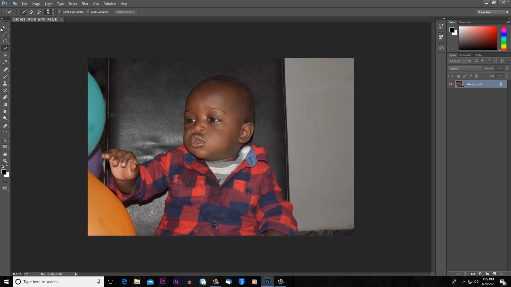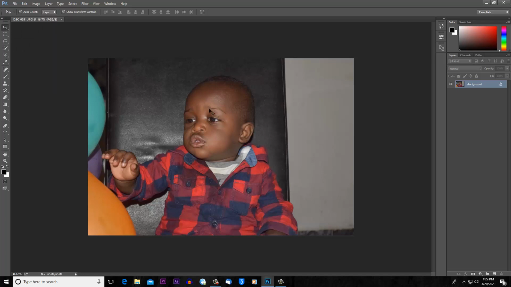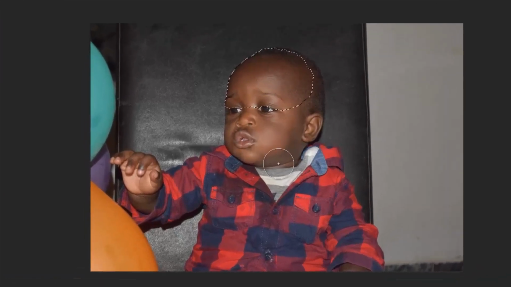With the quick selection, if you click on it, as you can see, when you come into the picture area, the brush is small, so you can always increase the size of the brush depending on what you are selecting. Don't make the brush too big for the object. When you do that, now you can highlight. You see, the moment you highlight, you'll see that you've started selecting.